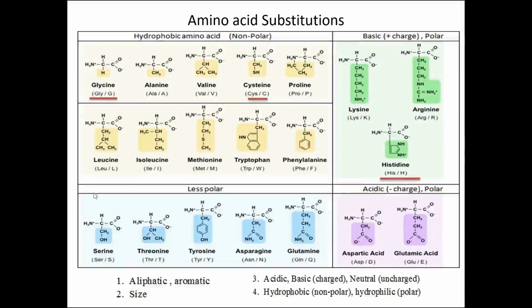Now, amino acids which have many of these characteristics in common will be highly similar amino acids. Amino acids which have a few of these characteristics in common will be having weak similarity. And amino acids which do not have any of this in common, or if their characteristics are completely different, they are non-similar amino acids.